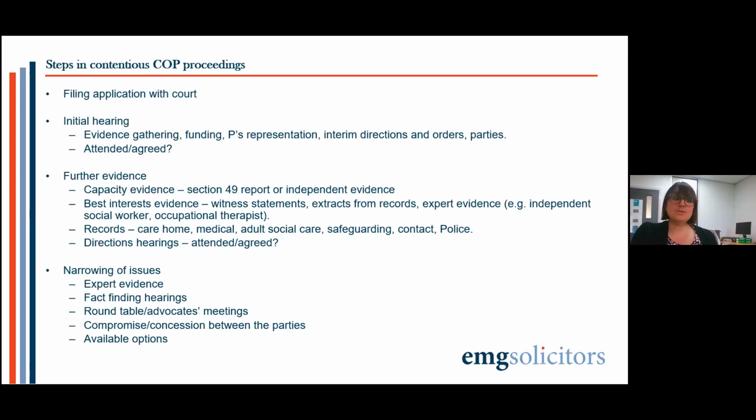P's representation, so who's going to represent them in the court? Who's going to be their litigation friend? Who the parties are going to be? Is there a family member who needs to be added as a separate party in proceedings? Certainly if there's any prospect that there's going to be restrictions on contact with that person, they should be added as a party to proceedings. They might have strong opinions. Family members know more about the case usually than any of us,